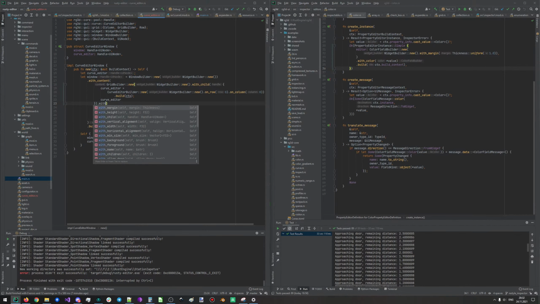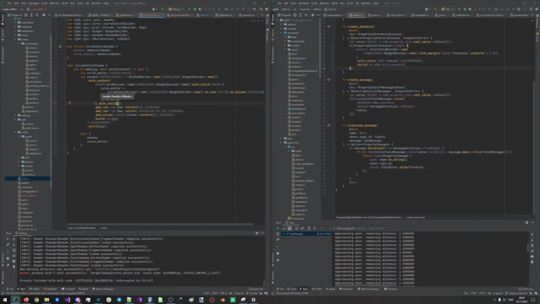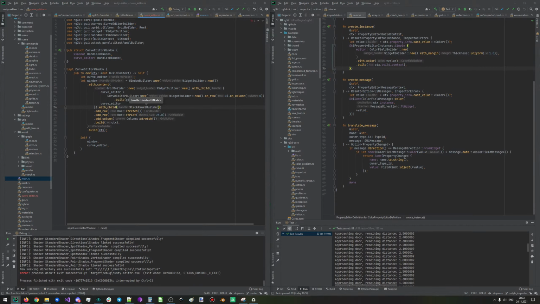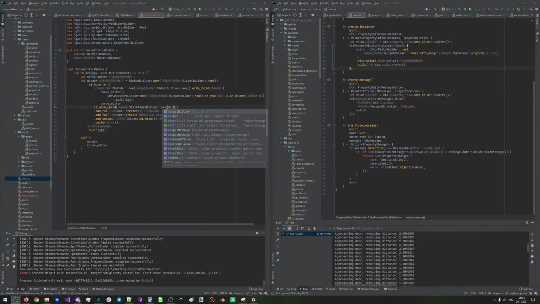In here, we should add a new widget for buttons. Our buttons will be located inside a stack panel. Stack panel will stack objects one after another, like in here, but also it can stack objects horizontally. So like maybe this, this, and this, and it will stack them in a single row. So to do that, we'll create a widget builder,